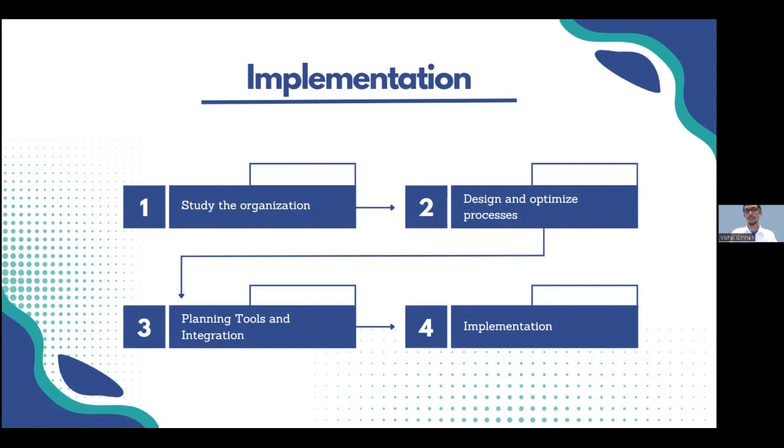Moving to step 3, we choose the right RPA and AI tools and integrate them into our processes. Compliance with standards and policies, along with comprehensive employee training, is paramount in this step. Step 4 involves a progressive implementation across the organization. Pilot projects in less complex areas will help assess flexibility, and lessons learned will be applied to the full-scale implementation. With the project implemented, Step 5 focuses on monitoring and controlling. Continuous data collection and feedback loops will allow us to make improvements and ensure the project's success.